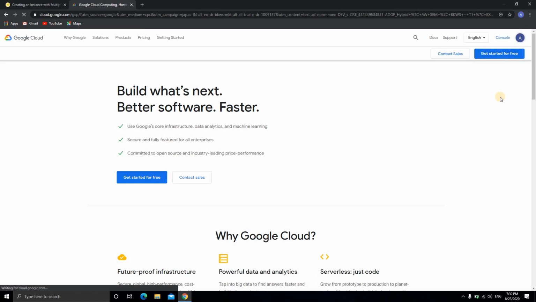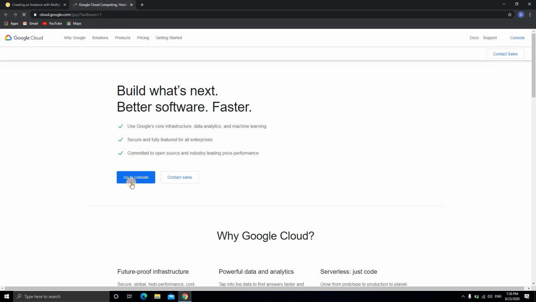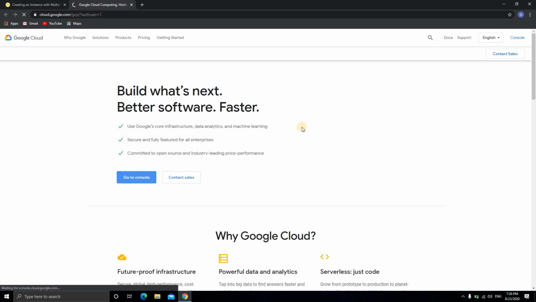I'll switch the account, and after you switch the account, there will be an option right over here, go to your account. I'll show you right now. It's just taking a bit of time to load. I don't know why my network is so slow. Click on go to console. As soon as you click on go to console, a beautiful cute logo will appear in front of you. You need to wait till the loading gets completed. Isn't it cool, guys? It looks pretty good.